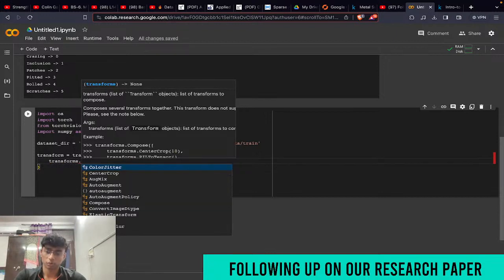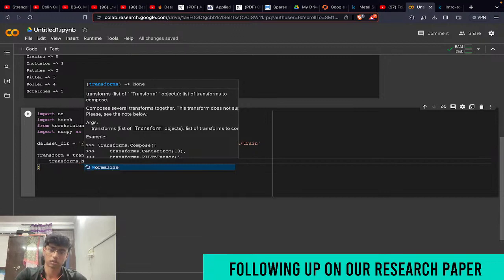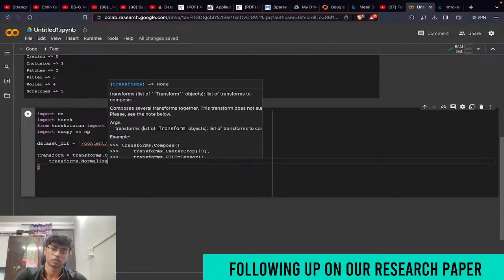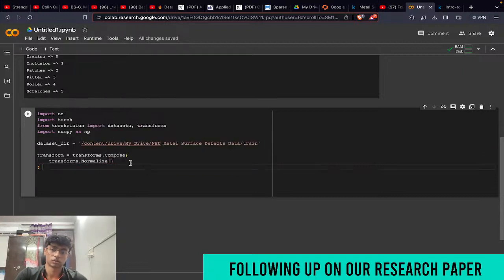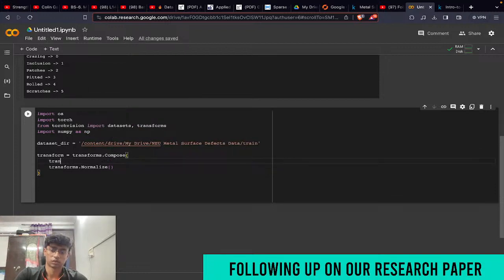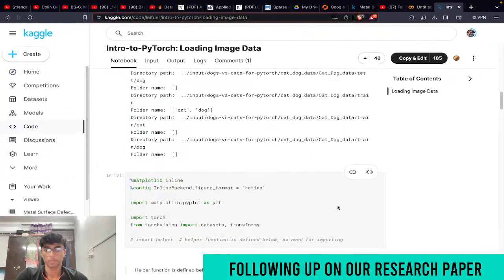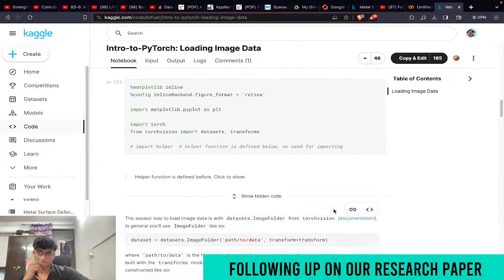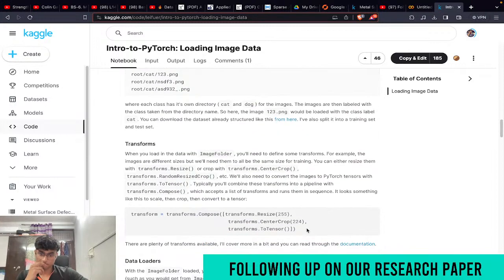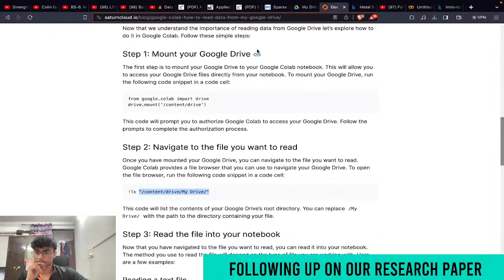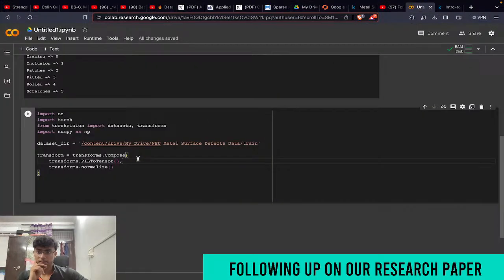There was one, normalize. We need this. But ToTensor is all we need, right? And resize. I think in the paper they resize it to